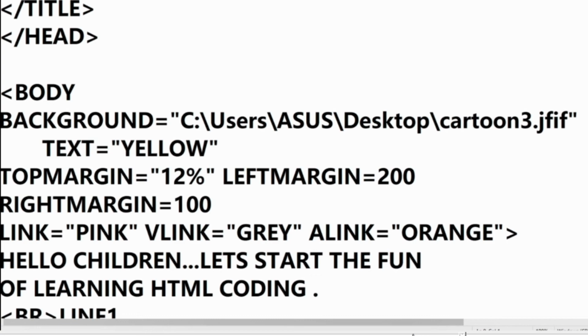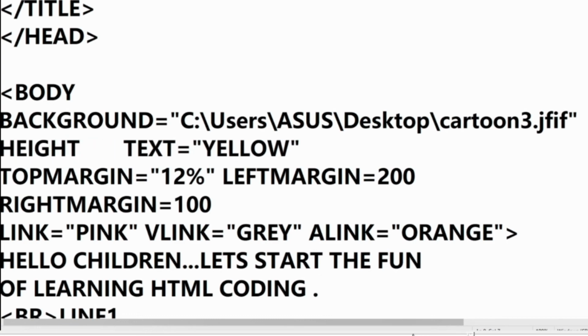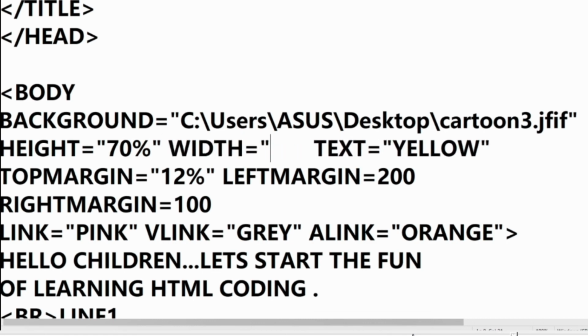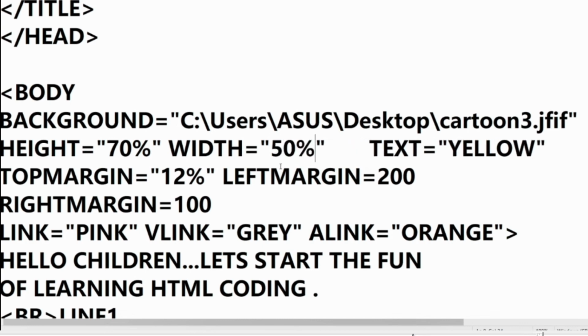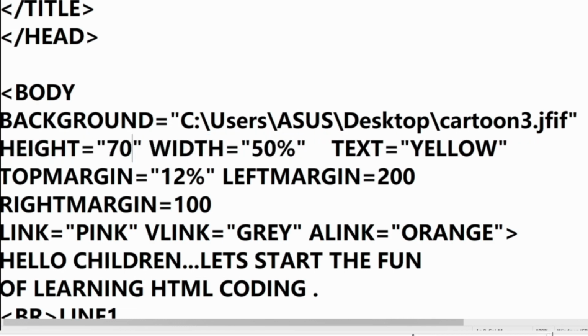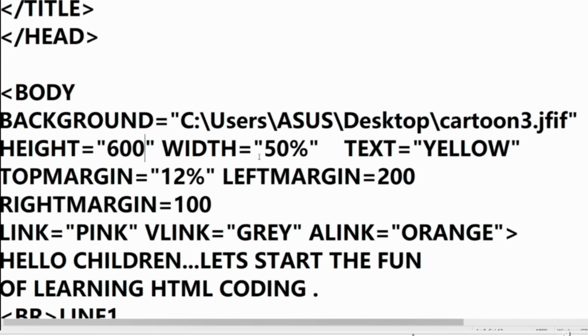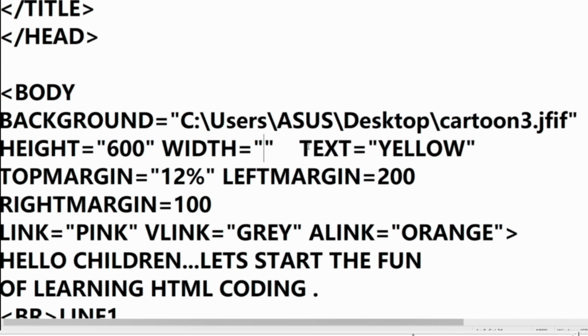You can also set height and width of the image both in percentage or in pixel. I'll show you both the ways. Suppose I take it here in percentage, so I have to put the value in double quotes. But if you write down in pixel, you can directly write down the value because it is a number value. So double quote is not needed. This is the percentage way. Now the same thing I'll show you how to set the value in pixel. So here I've written 600 and here also I'll write down some value. Let it be 700.